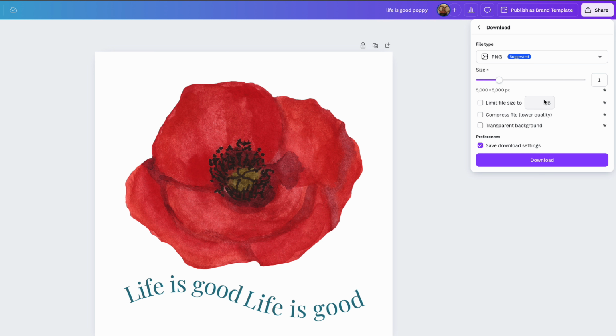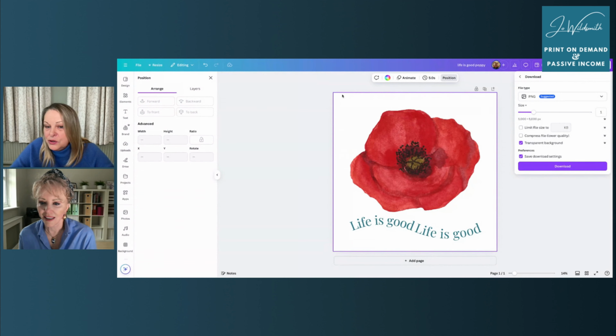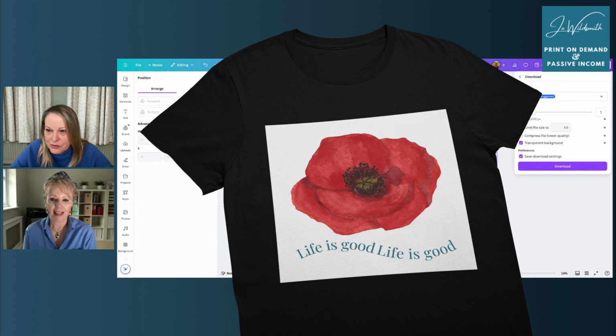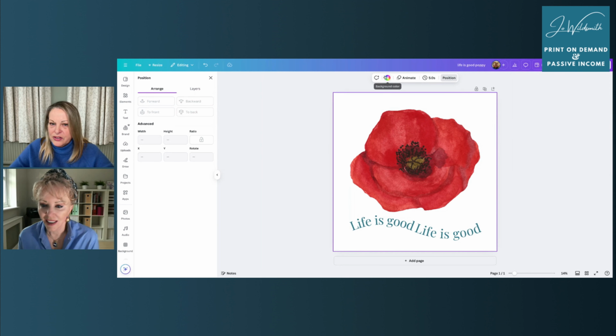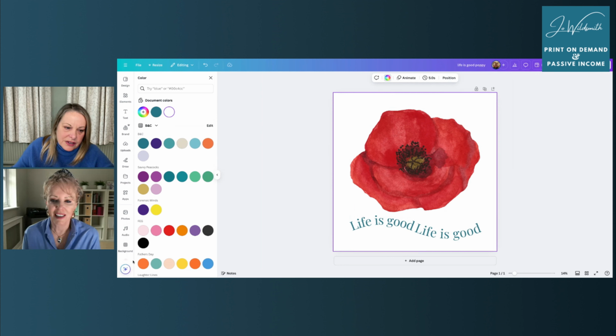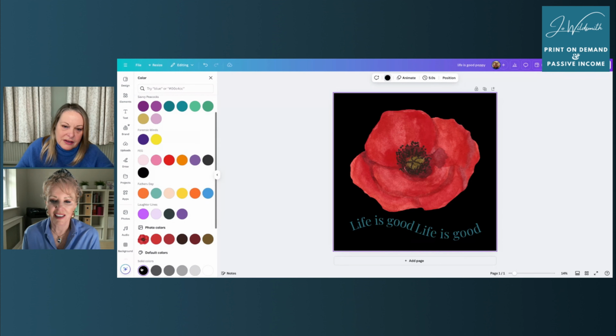But you see this box here, transparent background. I want you to tick that, unless you know you want this white panel. Imagine that on a t-shirt, how ugly that would be. It wouldn't look right. And if you've been trying to visualize it in black, so you've colored it in black, like we were talking about earlier,